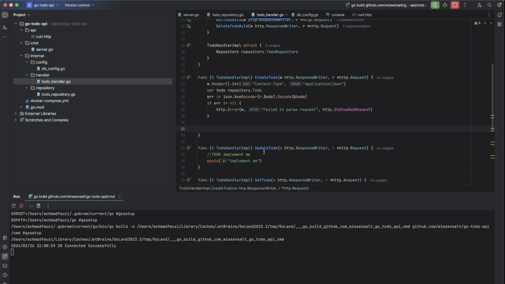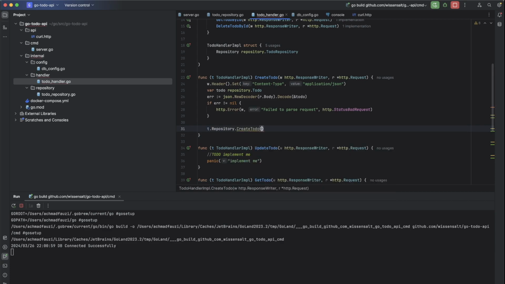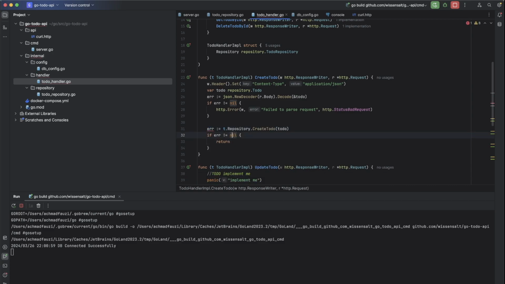Otherwise, let's do the process. To do handler.repository.create to do from the to do. Put a handler here. If there is any error, let's just return failed to create to do.